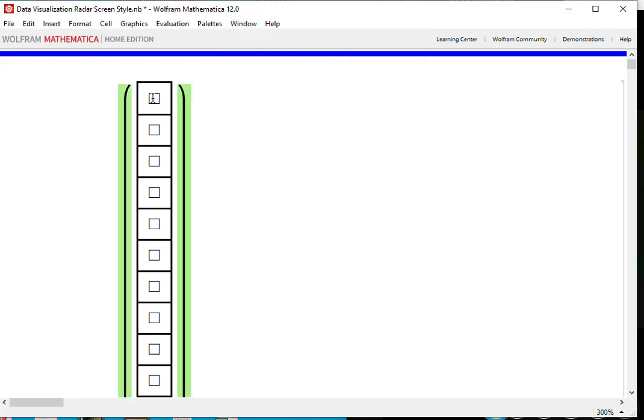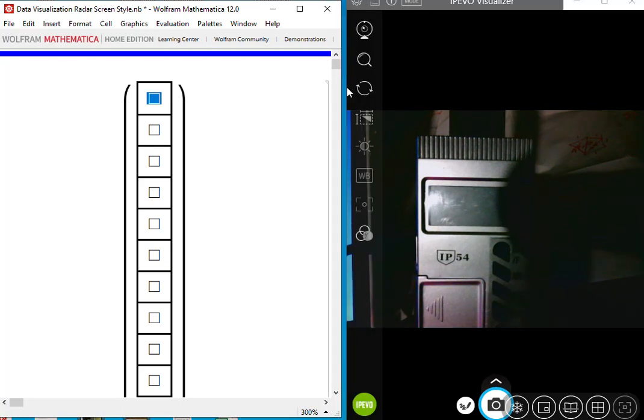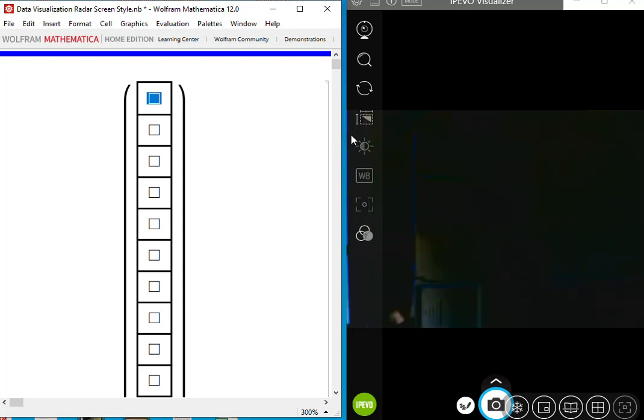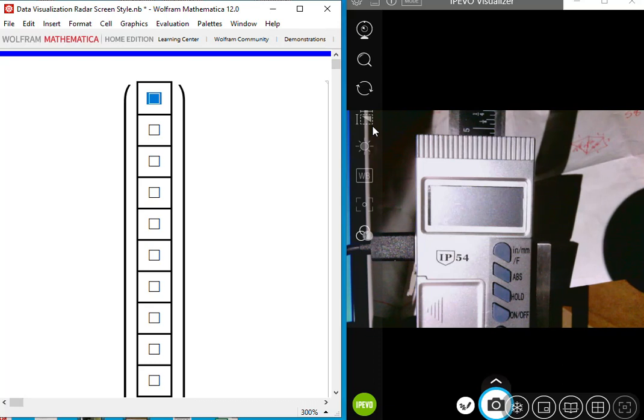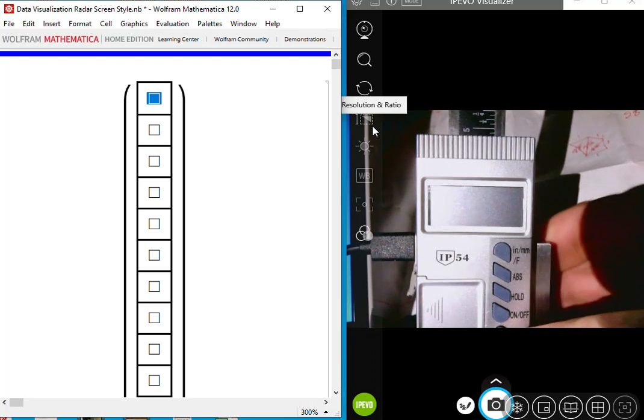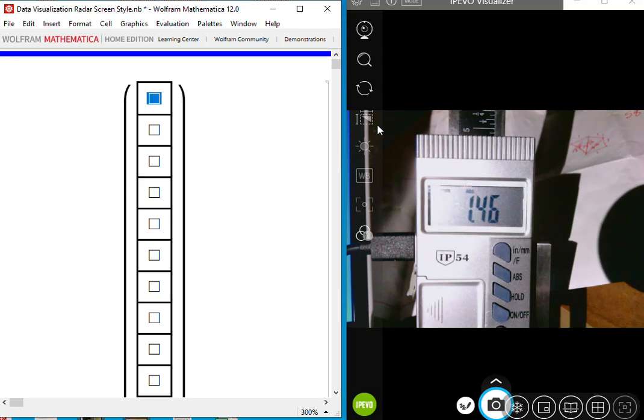Anyway, the next step is to click into the first row. There's my entry cursor in the first row. Now I'm finished with the table. This is all the involvement with Mathematica, totally. Now is the hardware phase. On the right hand side I have a camera, and it shows a meter. I'm going to turn that meter on, and it's already at 1.46 millimeters. Now I'm going to enter that number into that